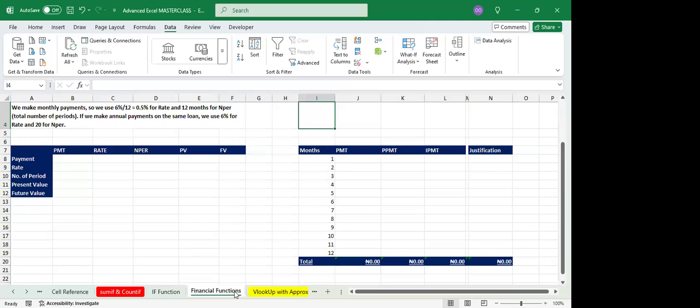Financial functions are mostly used by people in the finance department, and they are used to calculate return on investment and loans. So, for example, if a company takes a loan from a bank, based on the conditions under which he has taken the loan, that I'm taking this loan at the rate of